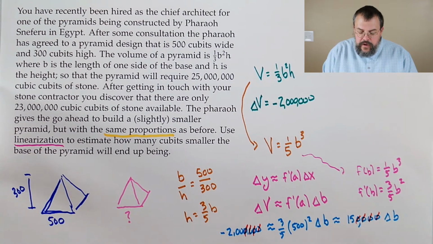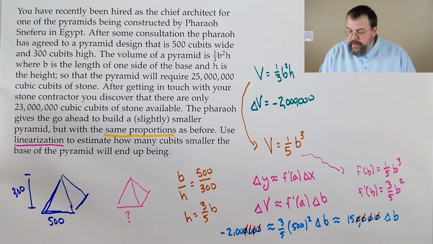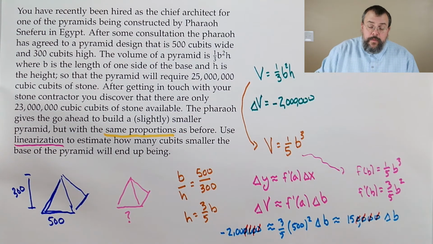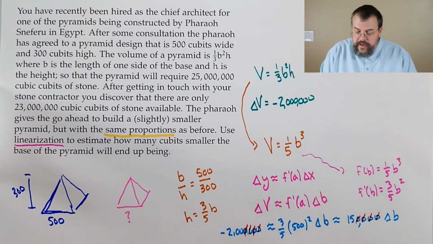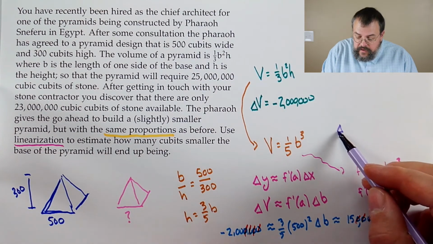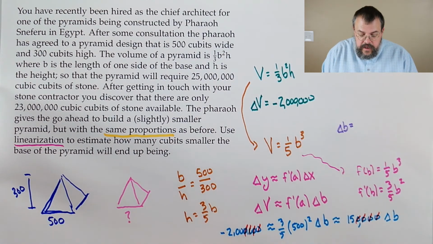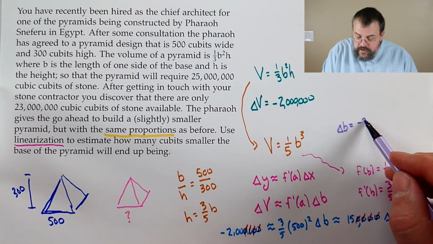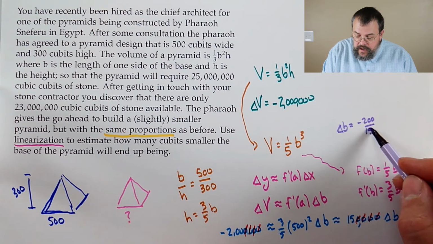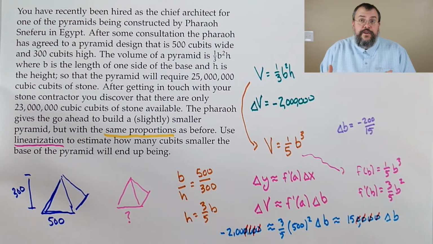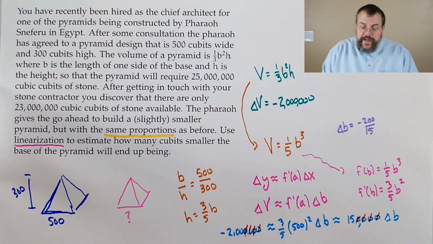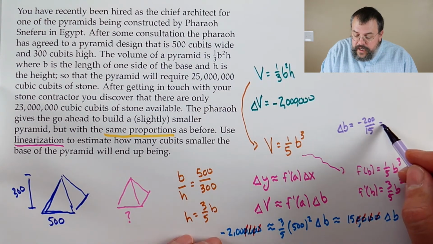So we get minus 200 is 15 times our change in our base. Move the 15 across, and we get that our change in our base is equal to minus 200 over 15. But of course, 200 is divisible by 5. So if you divide out by a 5, you'll get a minus